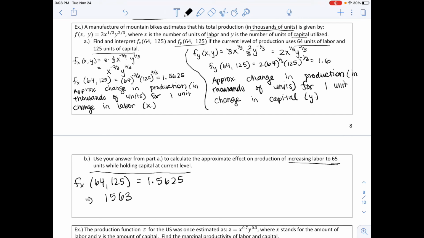That way it's a nicer number to deal with. And so this is, again, from part A, this is approximate change in production in thousands of units, and we rewrote it for 1 unit change in labor. And since we changed it from 64, which is what we had originally, to 65, we increased it by 1 unit. Our labor increased by 1 unit. And so this is going to be an increase of approximately